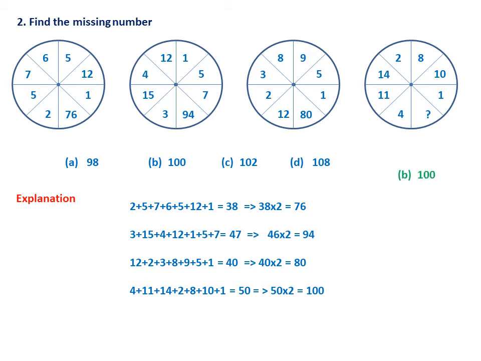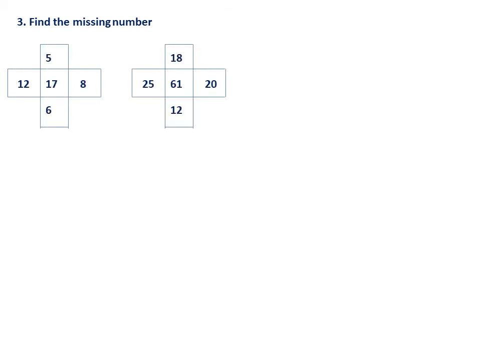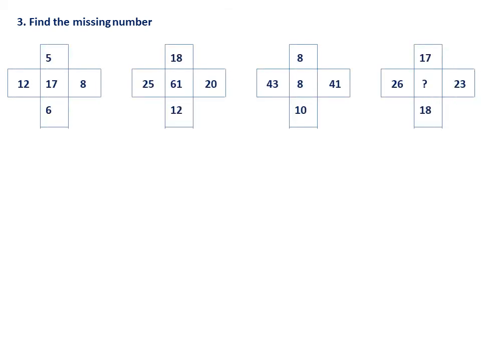Now let us go to the third question. See here, a plus mark is given, and there are 5 numbers. Here also there is a relationship between outer numbers and the inner number. See, sometimes circle, sometimes square, anything can be given. That's why it is called figure 8. So 8, 5, 10, 11. Let us see what is the reason.